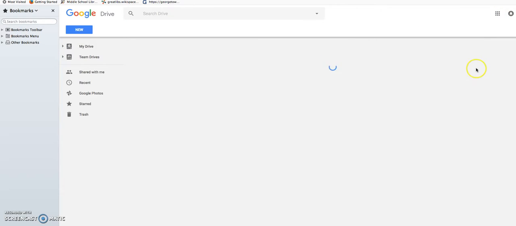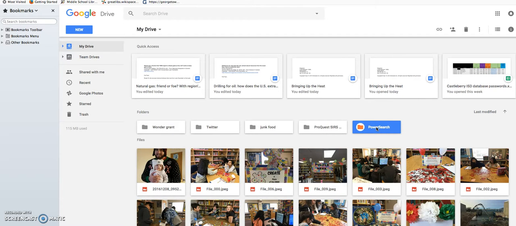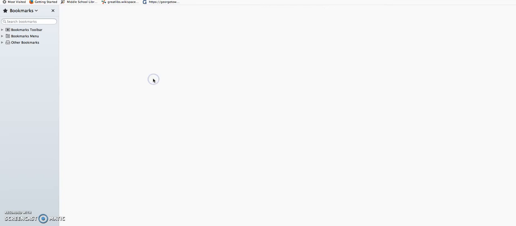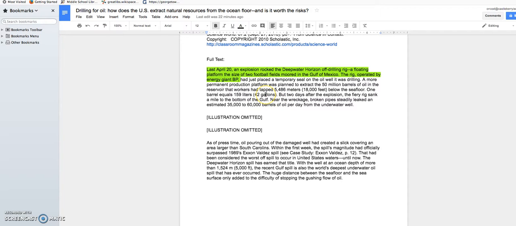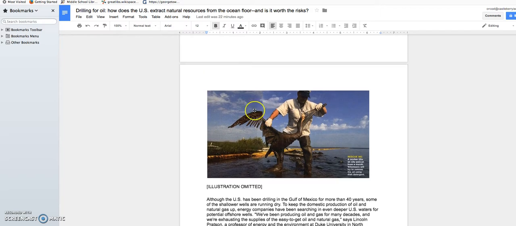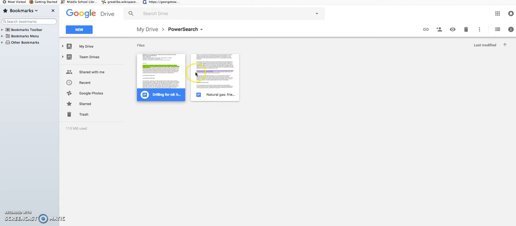And see if it's been added. It's under Power Search, I believe. And it's been added along with my notes. And everything, so it's pretty cool.